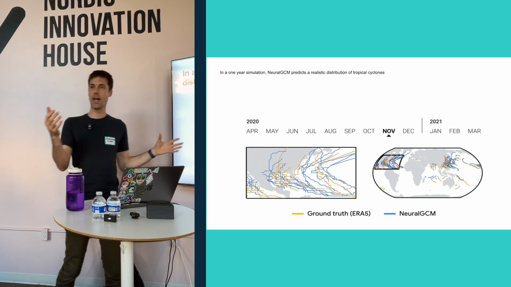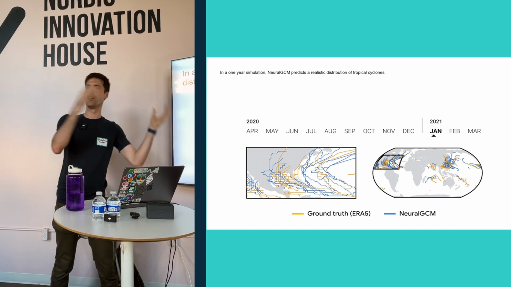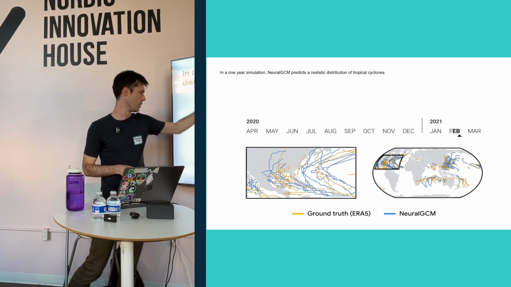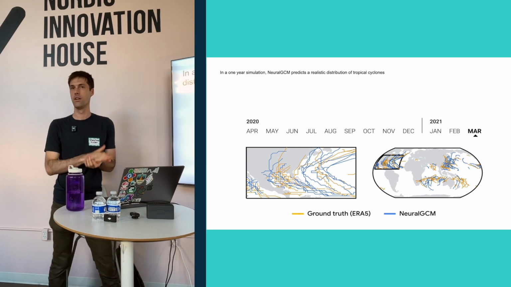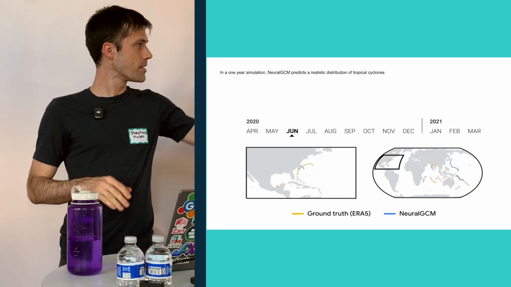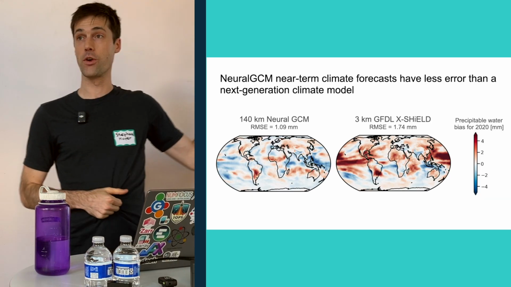And how likely is it that, say, given present ocean conditions, the warmth of the oceans, and the cycle of El Nino, you might have a severe tropical storm that goes through the Southwest, for example, like that terrible Hurricane Helene earlier, I guess, last week. And so that's the sort of thing that we can start to look at now. And quantitatively, NeuralGCM does a very good job of this.